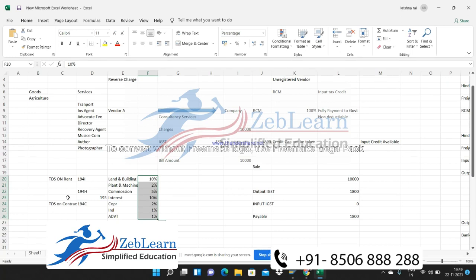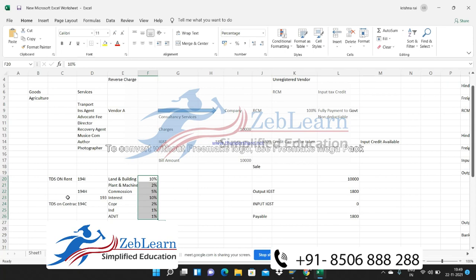Why is the responsibility created for deduction of TDS? Actually, from the vendor side, they don't deposit the tax to the government. That's why.